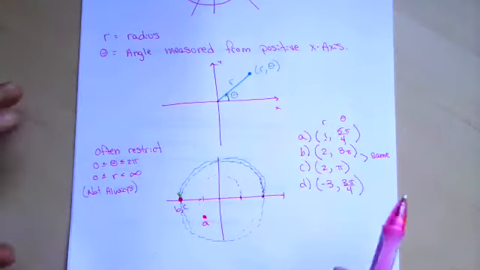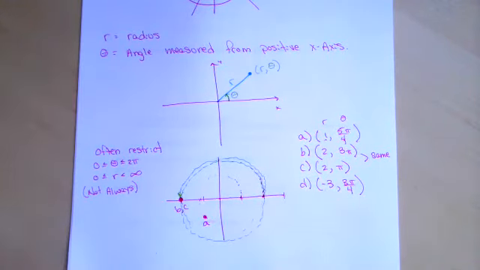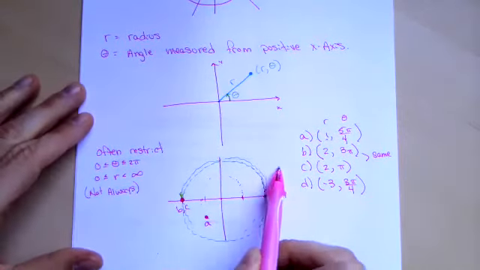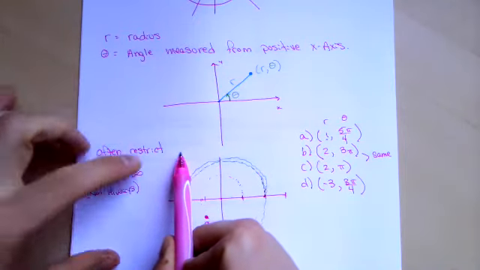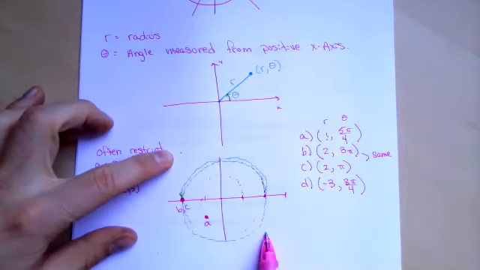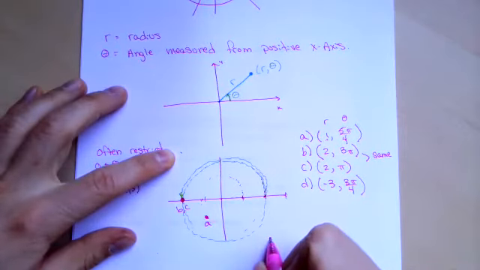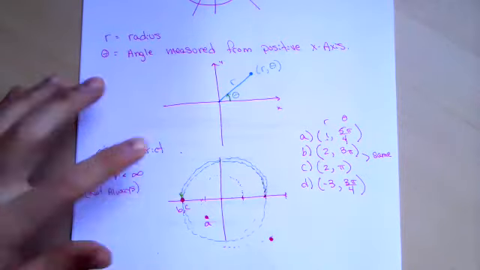So there's a couple ways to do this. If your radius is negative, one thing you can always do is just assume it's positive to start with. So go over 1, 2, 3, and then go to 3 pi over 4. So we'd go around here, and then make it negative. So we'd be somewhere down here on this sort of circle of radius 3,